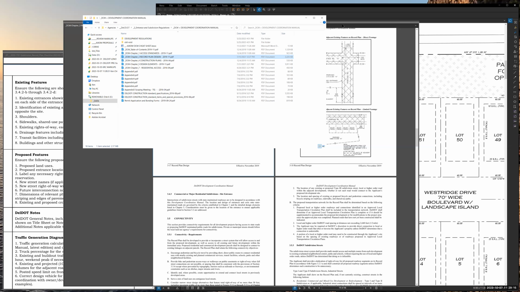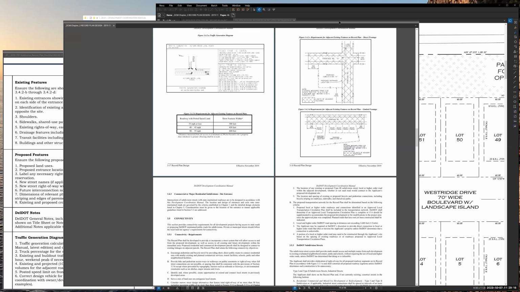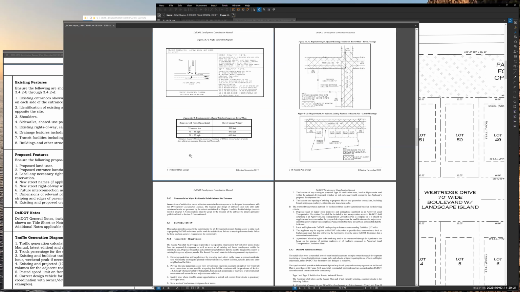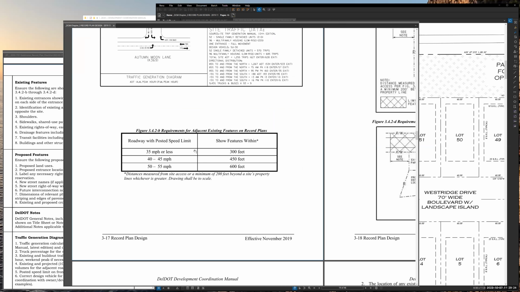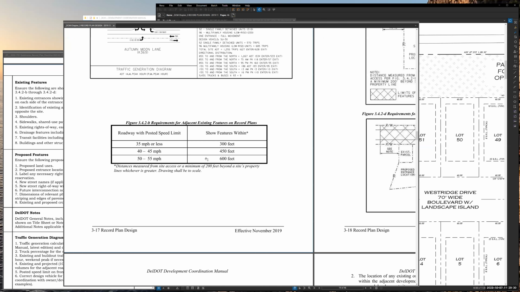I brought this up at the moment because chapter 3 on record plan design, page 3-17, has this figure 3.4.2.b, requirements for adjacent existing features on record plans. The most important things really are adjacent entrances. If Scott has not field located these, we can rely on satellite imagery to trace in the locations of these entrances, and it's based on speed limit as far as how far within your entrance that you'll need to show these things. So you're also going to trace some pavement beyond our frontage for things like the